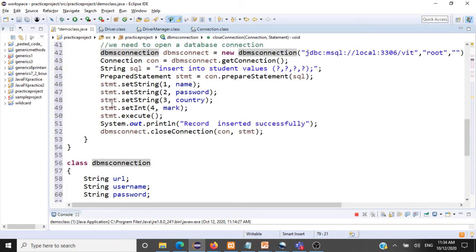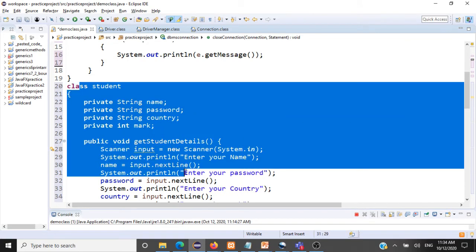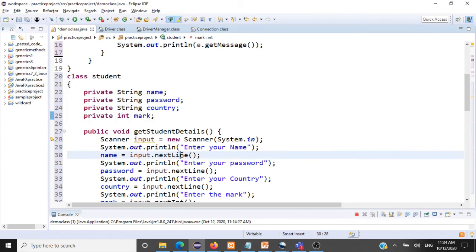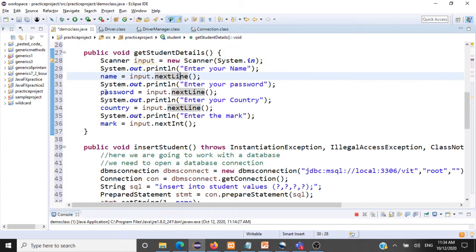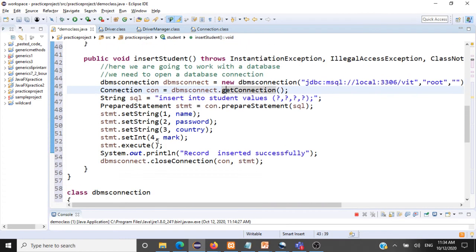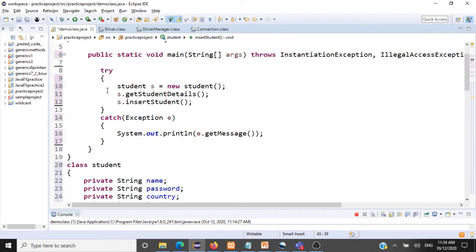And the student class we have created because we are working with the student entity. So student itself is a class and has got many objects. So we have to create a student object. And then for that student object, we'll get the parameters and then we'll insert that student into our database. So this is how we modularize. It will be a little confusing for students who didn't understand object orientation concepts yet. So if you didn't understand this, you have a serious problem of understanding what an object-oriented system is all about. So please revisit the concepts on objects and classes and be familiar with it before you come to this level of understanding. Let's execute this.